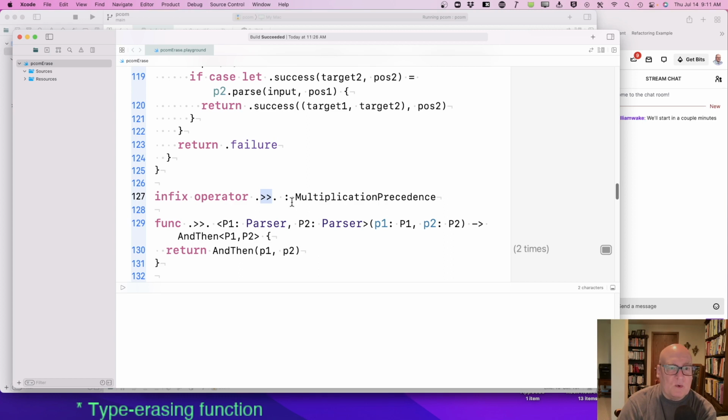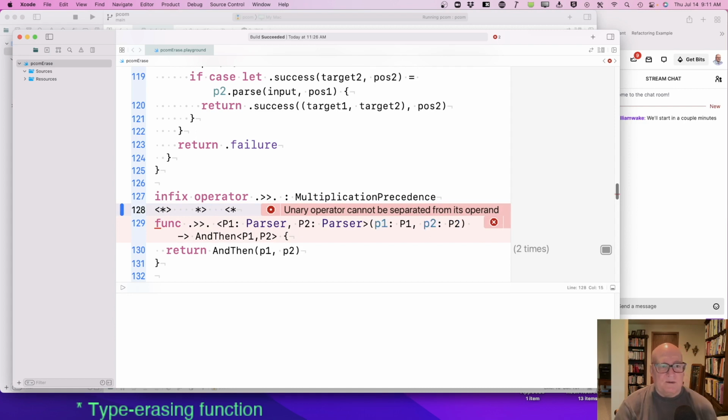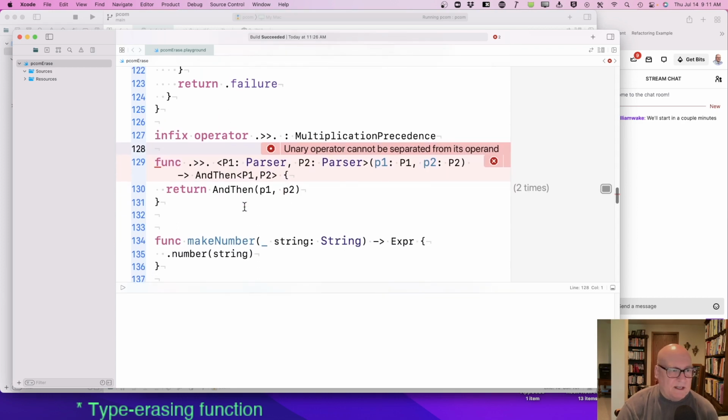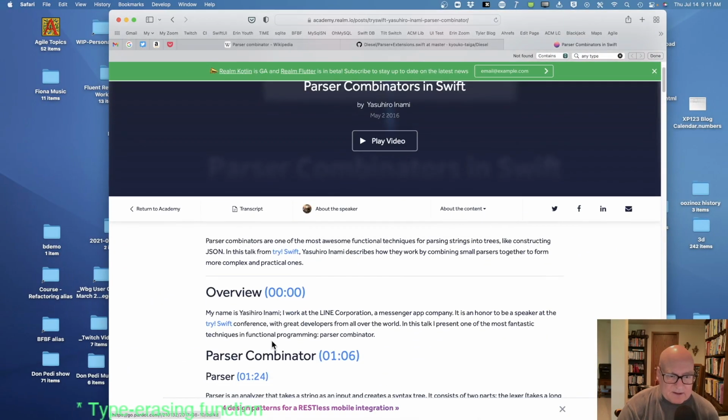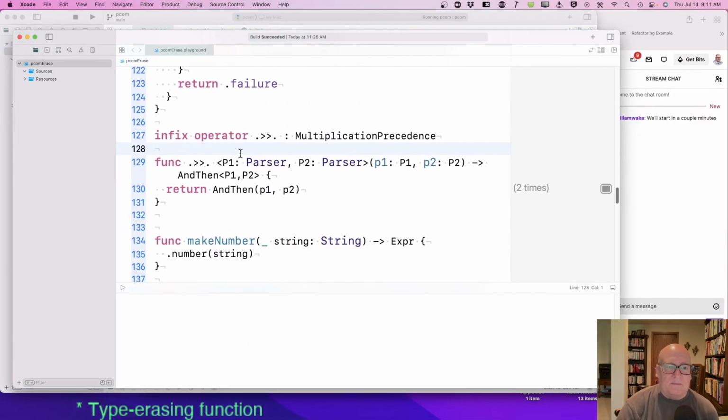I'm leaning more toward less than, star, greater than, which is kind of more analogous. We also have the notion, which we haven't implemented, of I don't want to see the left-hand side, or I don't want to see the right-hand side. So I could do those. I think I might switch over to that, and I think this paper uses that style too. Anyway, we got two parsers, and we got an operator that says if you get both parsers, that's an and then.